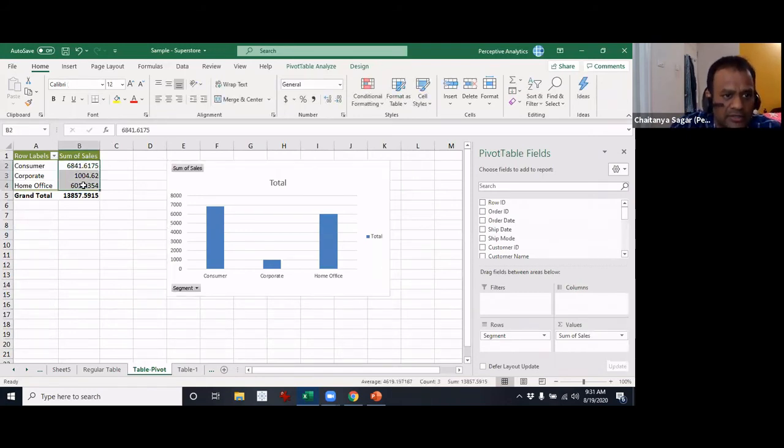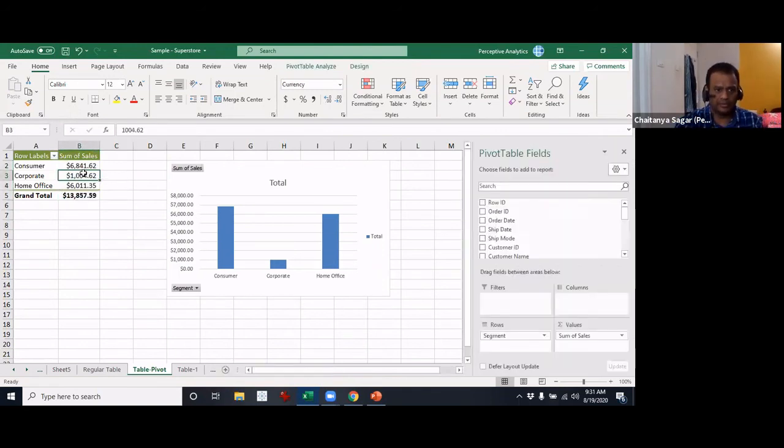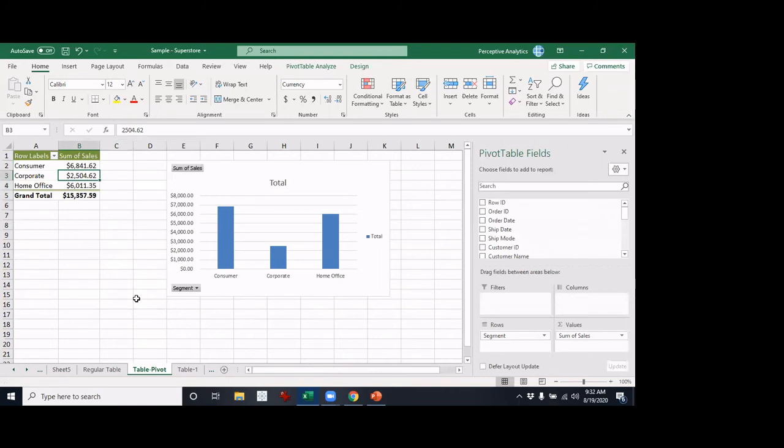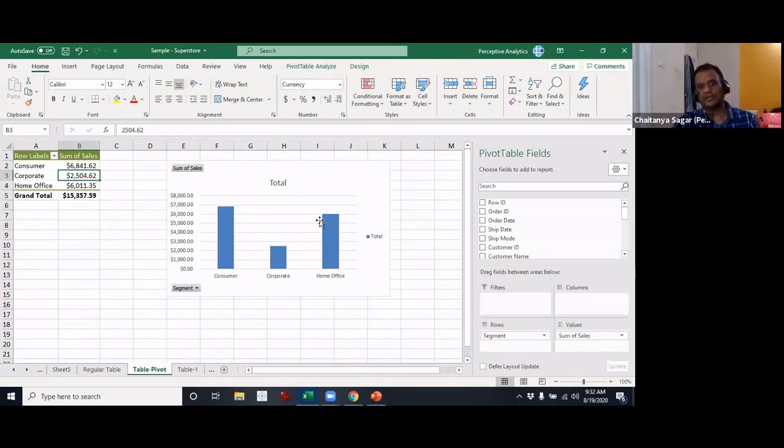There's also a chart that's created, and I'm going to refresh it right now. Okay, let's see the refresh. There you go. Did you notice any difference? Right, the 1,500 got added to corporate, and the chart also got updated automatically. Unfortunately, the pivot table doesn't update automatically, but here it's able to. The refresh is still manual, but the data got updated when you do a refresh.